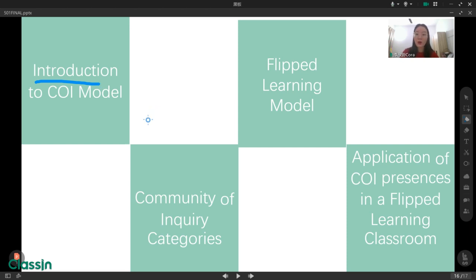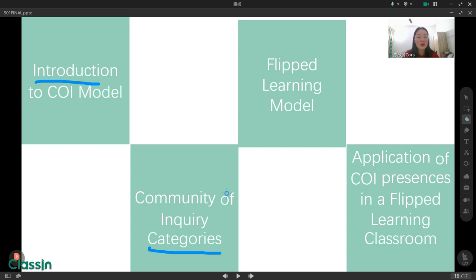We have learned the author here. We have learned the important time, 1999, here. And we have also learned the definition of COI. What's more, we know the aim of the COI model. So let's come to this part. We have some categories for COI. For COI, we have three parts. Remember what these three parts are? Think about it. Can you remember?